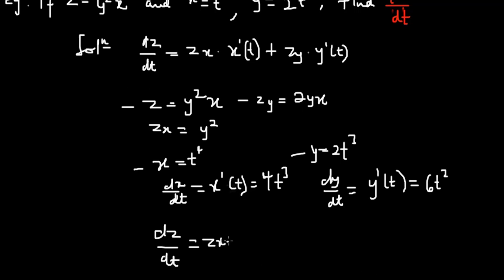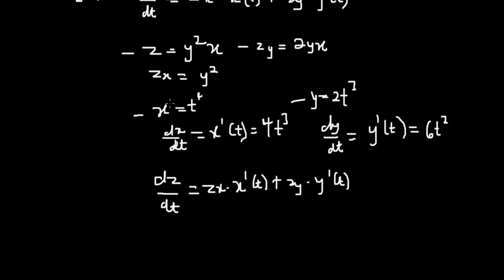z_x multiplying x'(t) plus z_y multiplying y'(t), okay, which is the same as what we've solved over here. So let's look for z_x. So z_x is y squared, and then you multiply that by x'(t). So x'(t) is over here, that's 4t exponent 3, plus z_y. So z_y is here, that's 2yx, and then we have y'(t), which is